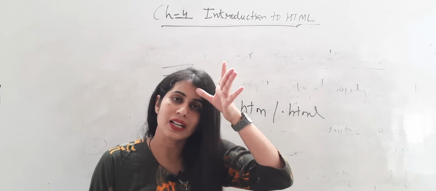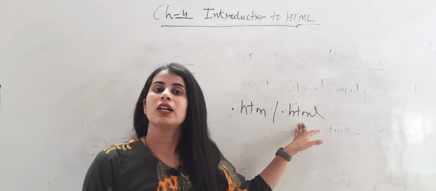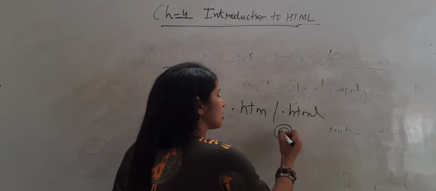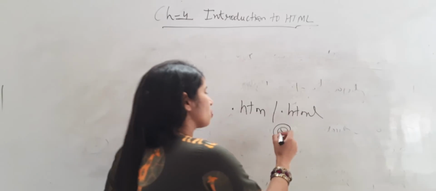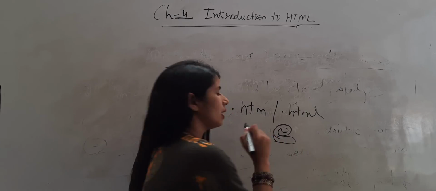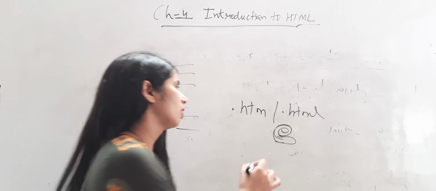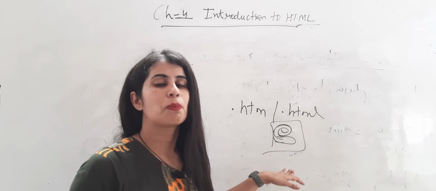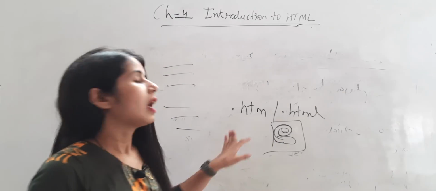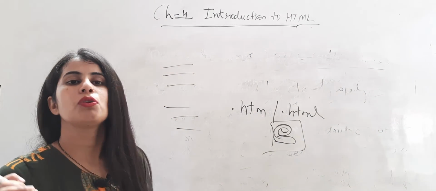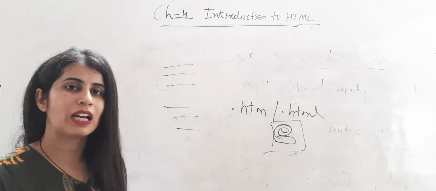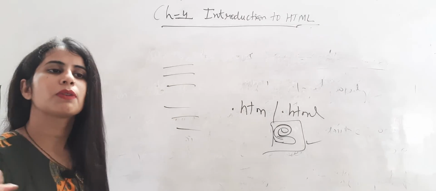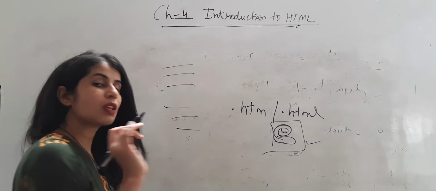Now how to view the files? If you have saved the file with these names, suppose you are using Internet Explorer, the file will automatically change into the E file. E means Internet Explorer. Every time you see the Internet Explorer icon, E or I, it represents it in this way. Now how to view the file? To view the coding that you have typed, you should open the web browser, Google Chrome, whatever browser you want to use.